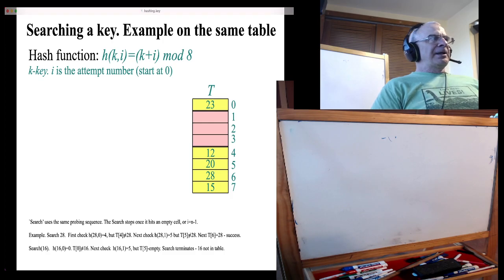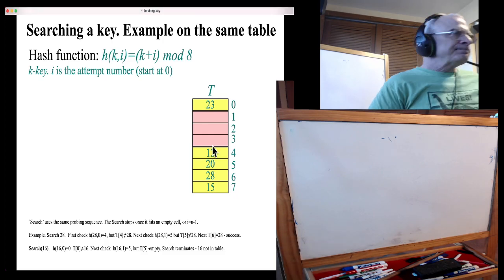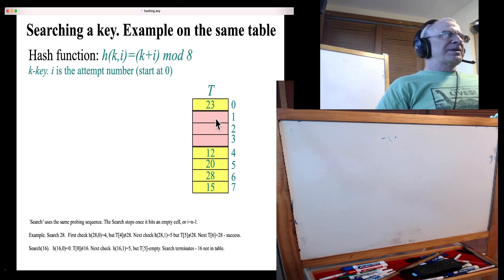My next attempt to insert, had I been inserting 16, would be where I would try next to place 16. This cell, but this cell is empty, so we can conclude that 16 is nowhere in the table. Make sense? We stop the search when we hit an empty cell, then our search fails, or when